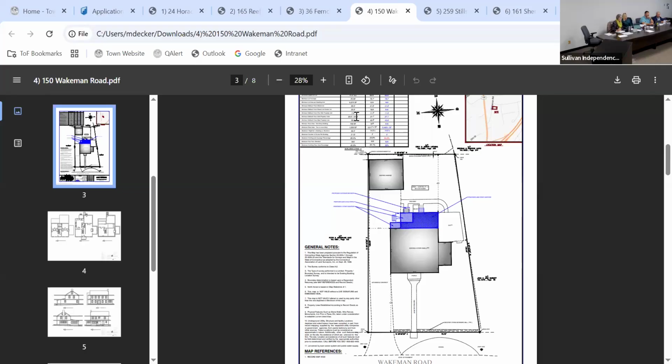Okay, discussion. This is the one that was on the back of the house. I think it's going to be really pretty. The lot coverage they're increasing by 0.3. Yeah, it's de minimis at best. Actually, it's going from 23.9 to 24.3, so 0.4%. It's a popular number today for coverage increases.